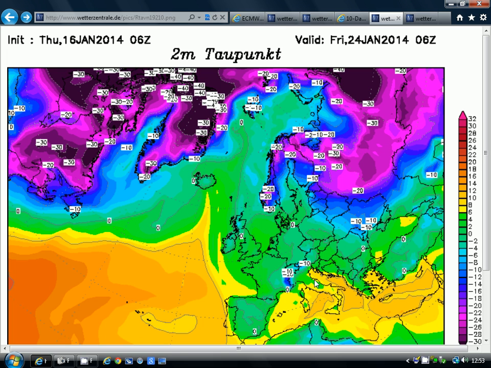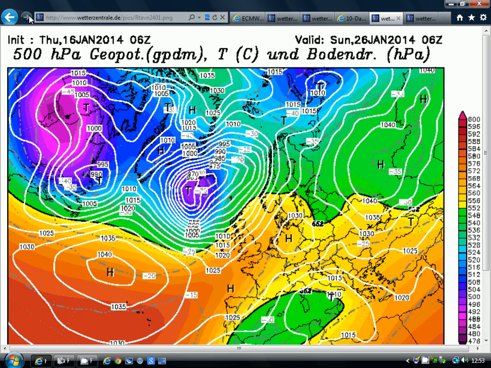But notice how cold it is up across Scandinavia and western parts of Russia. Really bitterly cold air up there associated with that area of high pressure. It wouldn't take much of an adjustment really to start to pull some of that very cold air in, so we do have to keep an eye on it. I don't think we're going to turn it very cold, because